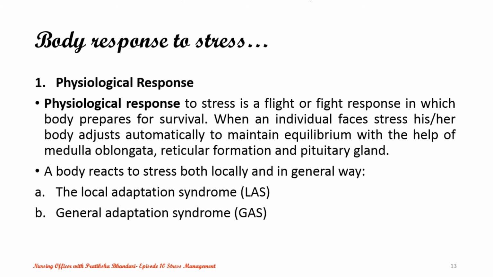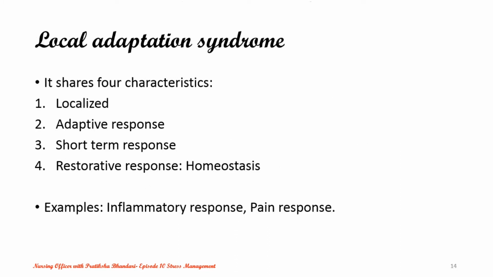And while responding in a physiological way, the body reacts to stress either locally or in a general way. When there is some local stress, the body adapts locally, and in general there is general adaptation syndrome. Local adaptation syndrome adapts locally for inflammatory response and pain response. And there are 4 characteristics of it, that is localized adaptive response, short-term response, and restorative